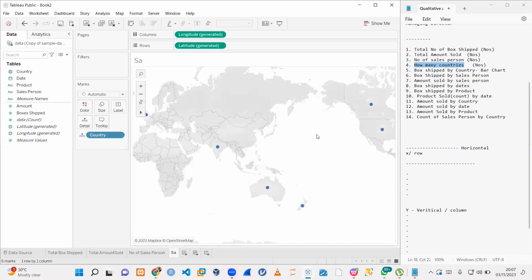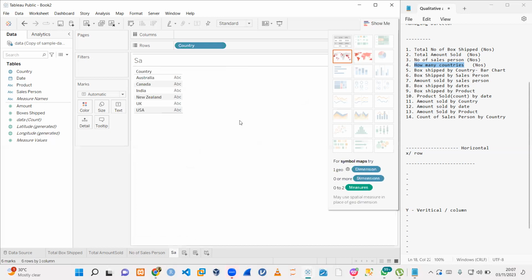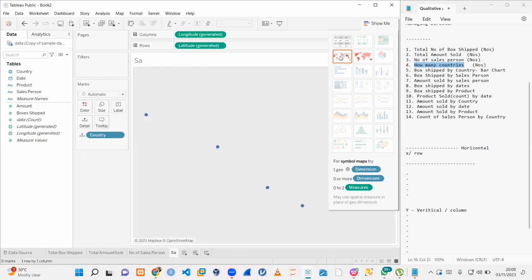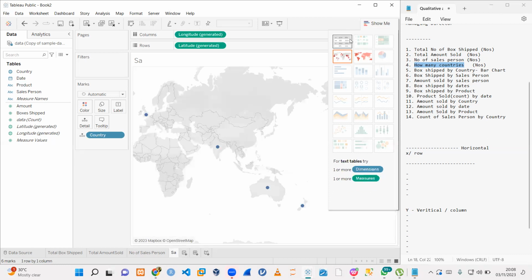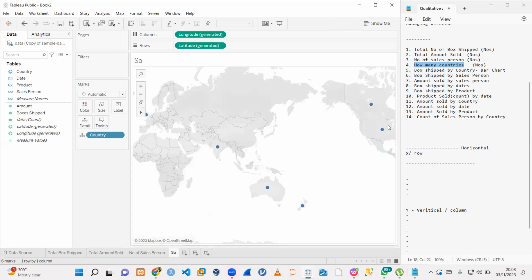If I don't want a map and I want a table, it can do that for me. It just lists the countries, which is fine. But if I want a map, I could go back and say, no, please do a map for me. So you just visualize around the world where you have these items. So if I'm just trying to know what spatial distribution we have, we can see that, oh, we are not in Russia, we're not in